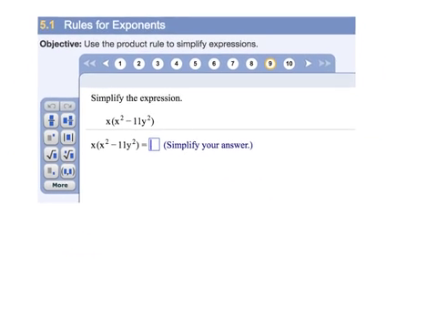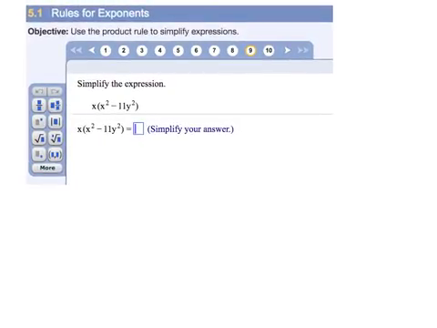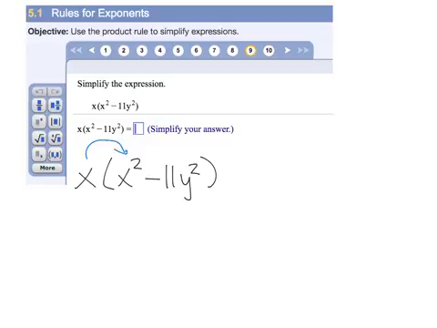And then here, simplify the expression. So here, it's a distributive property. And the reason why we suddenly have the distributive property is because inside our parentheses is a minus sign, and outside we have just a plain old number. So it's x times (x squared minus 11y squared). And so you've got a number times a quantity. And so that means you're going to do x times x squared, and then you're going to do x times